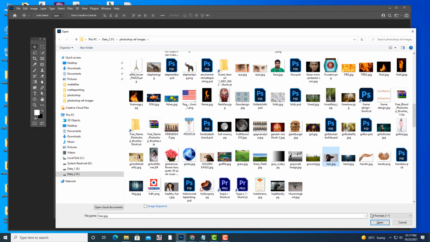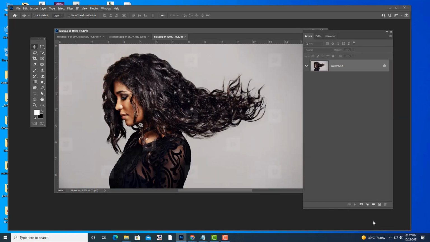Say I am opening this image. See, this image also has a background and it has a lock. Means every image has a default layer. One layer it will have. Every image will have one layer, and that layer is going to be a background layer. You cannot delete this layer. You cannot do any modifications on this layer, and it will have this name, background.